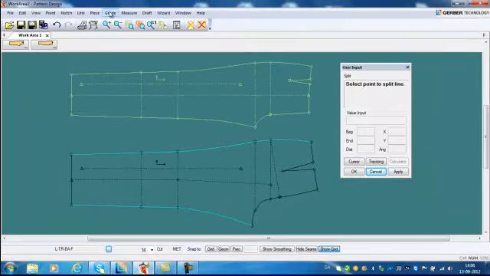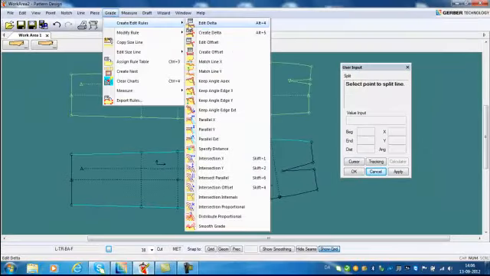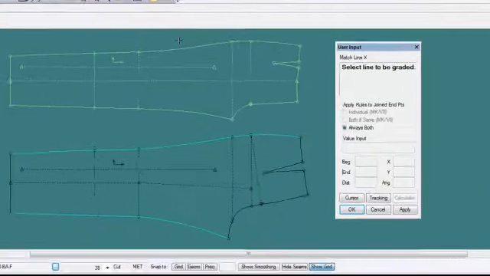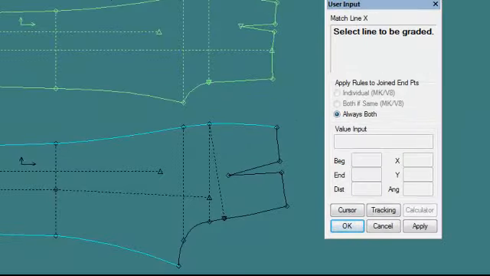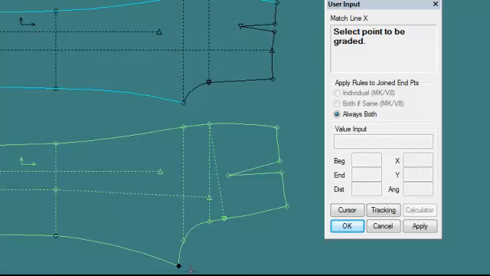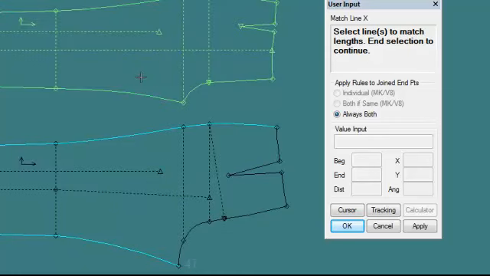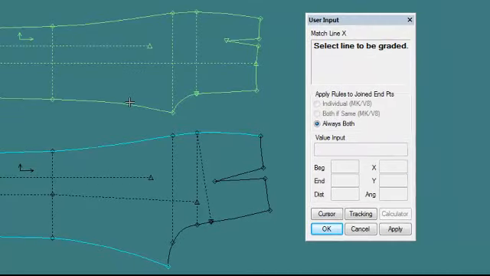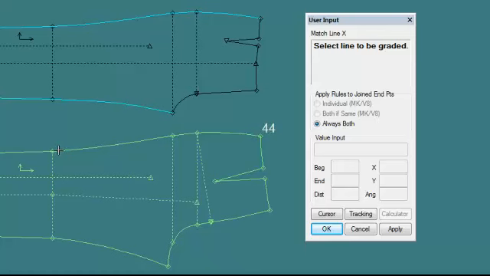From the drop-down menu, select Grade, Create Edit Rules, Match X line. Select point to be graded, which is 47. Select line to match length, which is the inside leg line at the front piece. End selection to continue. Adjust the outside leg length of the back trousers between 44 and 38 in point 44 to